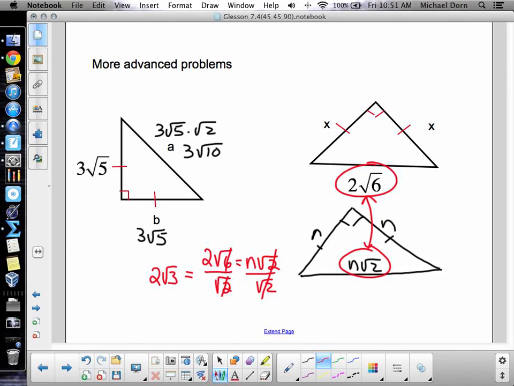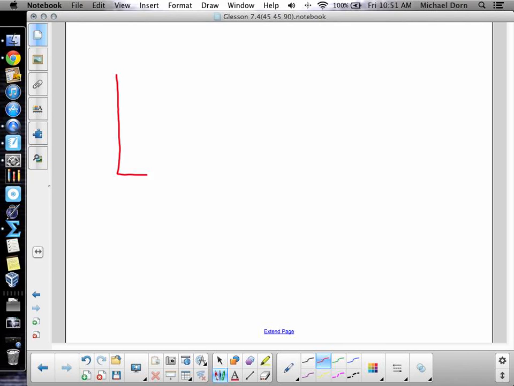It doesn't matter. I mean, you could always go back and do Pythagorean theorem if you wanted. I could say x squared plus x squared equals 2 root 6 squared. So 2x squared would be 4 times 6 equals 24, so x squared equals 12. So x is the square root of 12, and then break it down again. Okay? There's more than one way to get at these types of problems. You definitely have a number of different techniques at your disposal. Whether it's Pythagorean theorem, or this pattern,